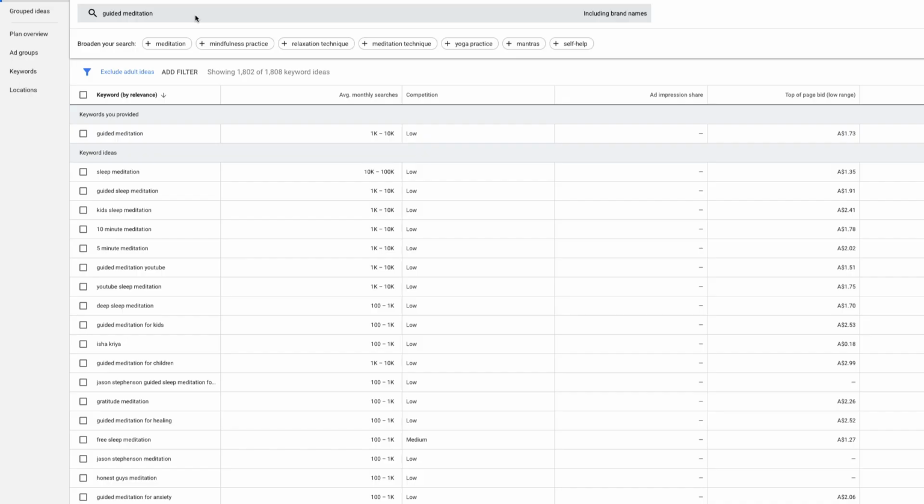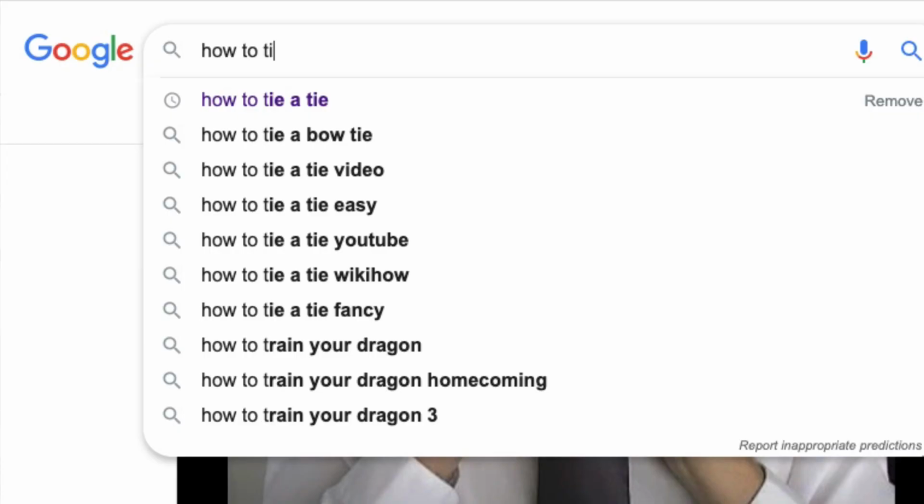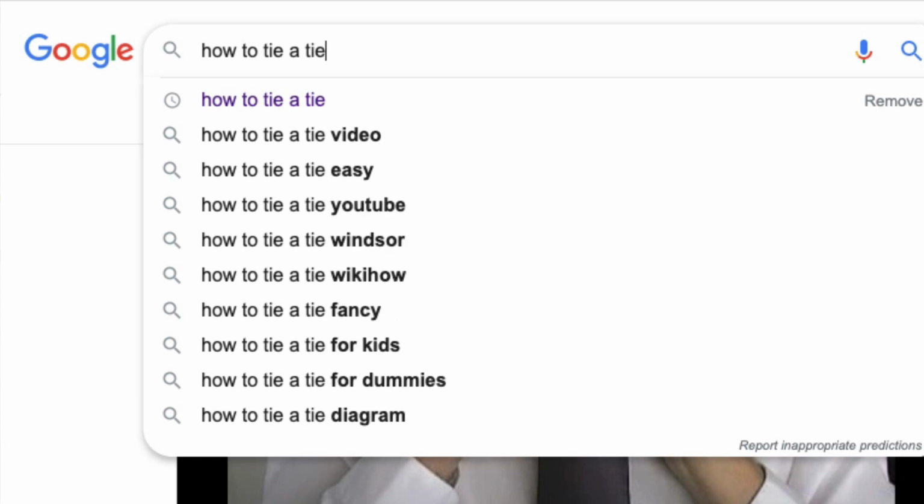The most popular way to research for keywords is to use Google's own keyword planner through AdWords. With a keyword planner, you'll find out on average or just as a guide how many people actually search for a particular keyword or key phrase. In addition, you also want to be using Google's auto suggest. So when you type a keyword in on Google and they give you these suggestions for other things when you start typing a keyword or key phrase, well, these are the most popular keywords and key phrases that other people